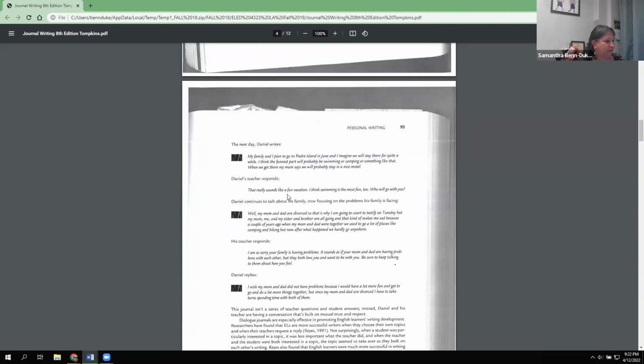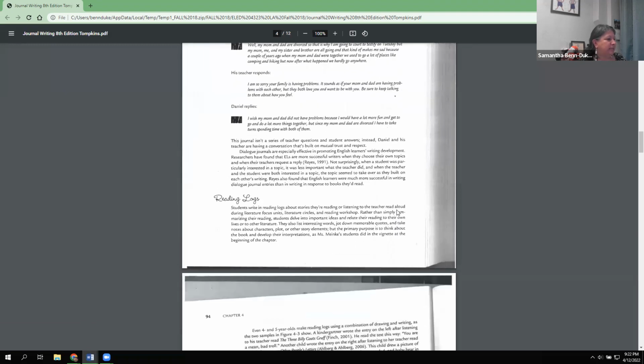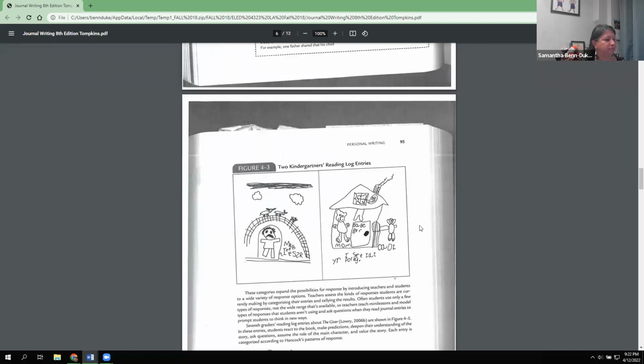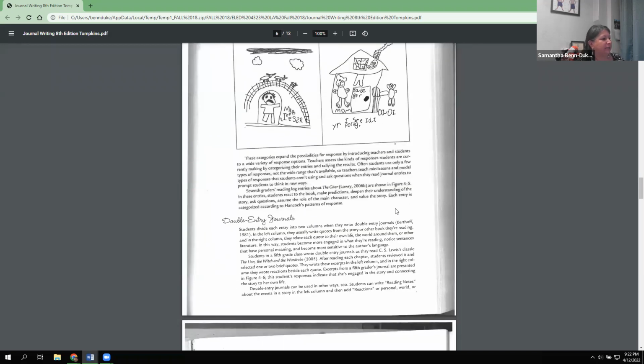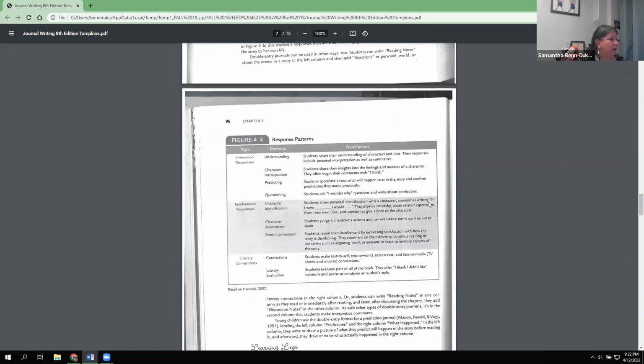Here are some examples of back and forth with the student and teacher, although I would expect your replies to be at least a few sentences long, a little longer than what you see here. There are reading logs as well, which is a little bit less relevant to what you're doing, but still great examples. Double entry journals can be used as dialogue journals,